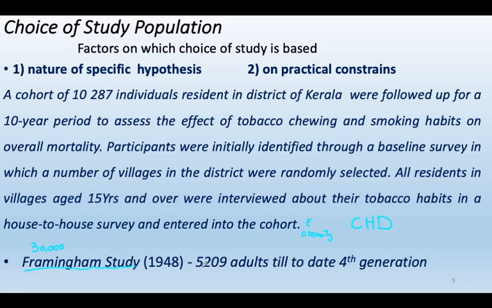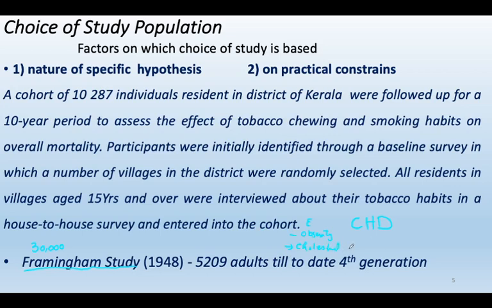The volunteers enrolled were roughly 5,000 adults, and their lifestyle pattern was assessed not over 1 or 2 years, but over decades. The study includes their obesity, cholesterol,